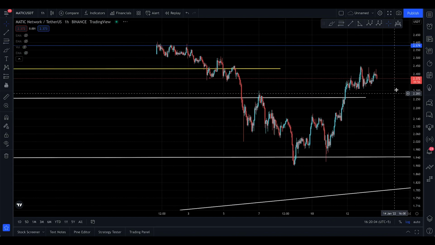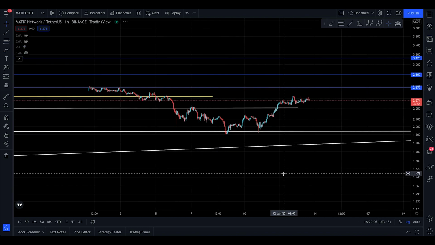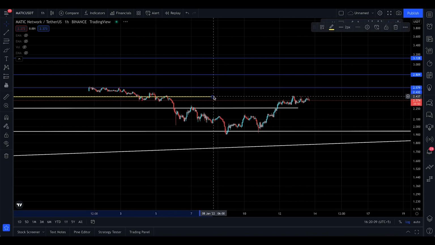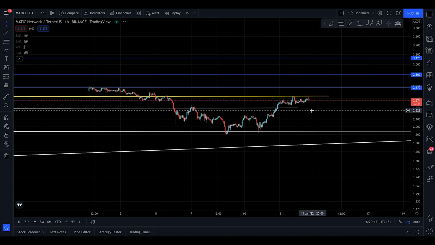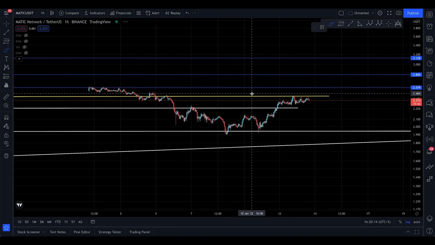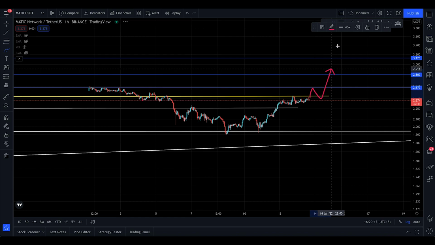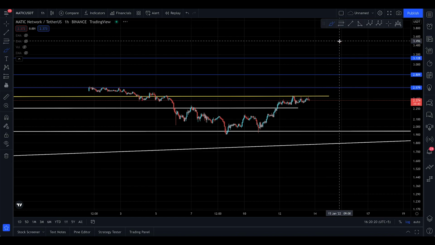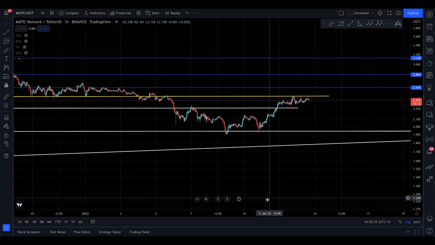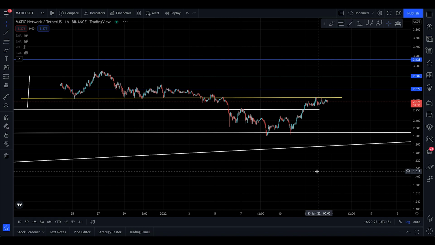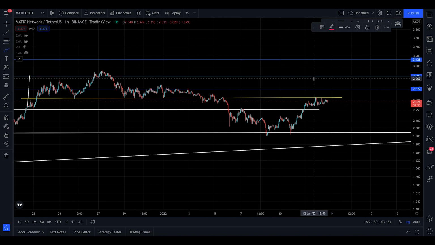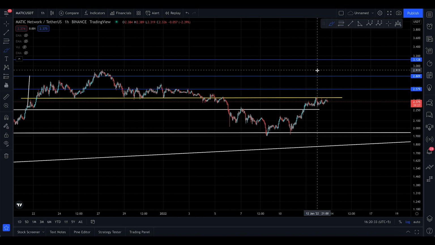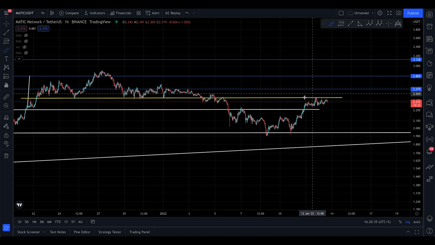So the market is clearly very bad once again, and you haven't crossed the resistance that I wanted to see crossed. Do you see this yellow line? This is what I wanted to see being crossed. I wanted to see MATIC cross with a big volume backtest, and then we continue to $3 and $6 potentially. If you've been following the channel, you know where we closed: at the 2.8, 2.7 region, and ever since then trading hasn't been in our favor.